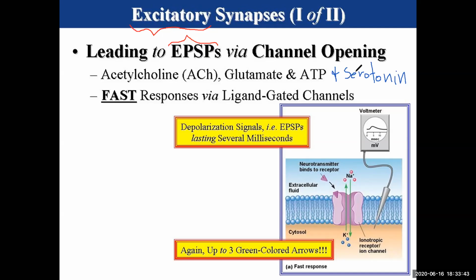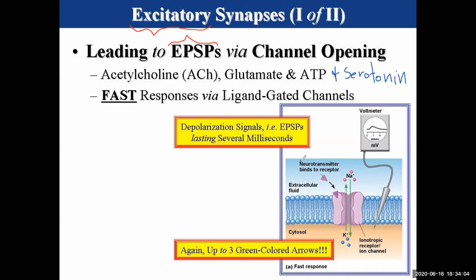These four neurotransmitters, they have receptors that are all ion channels, right? So they all lead to fast responses, ligand-gated channels, right? So ligand-gated channel means ligand-gated ion channels, ligand-gated cation channels,